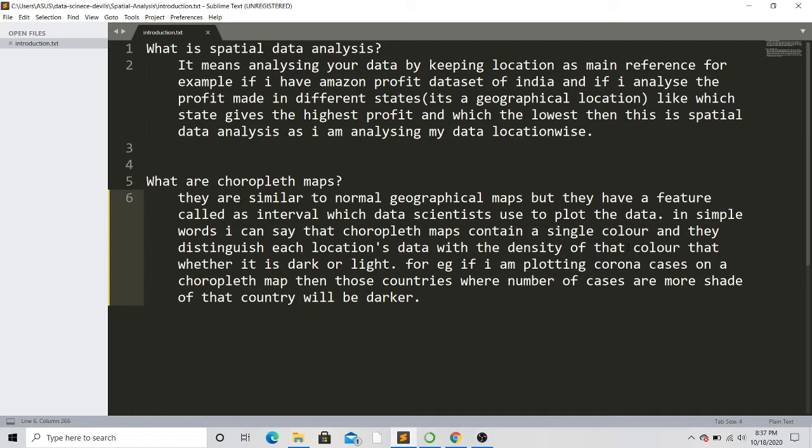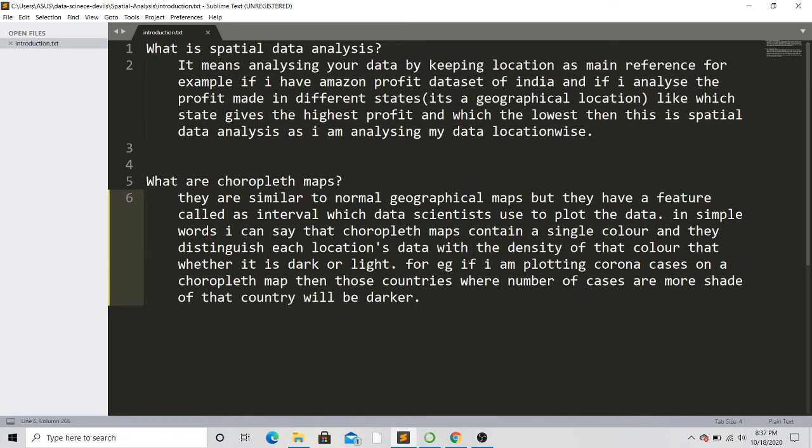But as the number of COVID cases decreases, the color density will decrease, so it will be a little bit orangish. And for those countries where COVID cases are neither high nor low but in the middle, the color density will decrease to pink. And for those countries where there are negligible corona cases, the color will decrease and it will become violet.